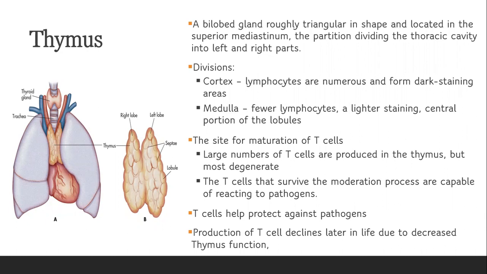So the thymus is the site for the maturation of T cells. A large number of T cells are produced in the thymus, but most degenerate. The T cells that survive the maturation process are capable of reacting to pathogens. Our T cells help protect against pathogens, and the production of T cells declines later in life due to